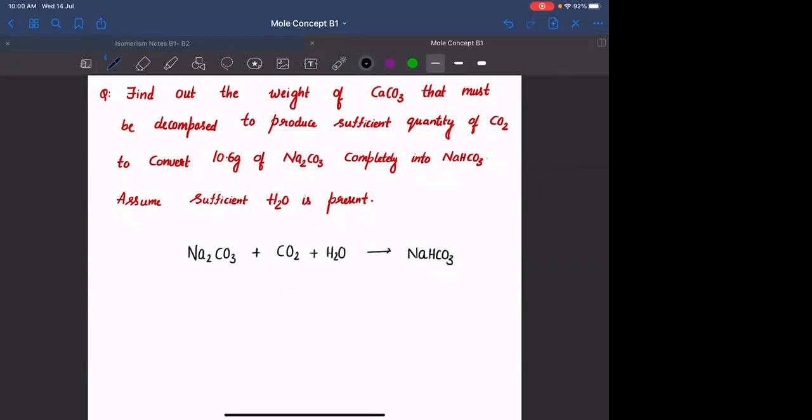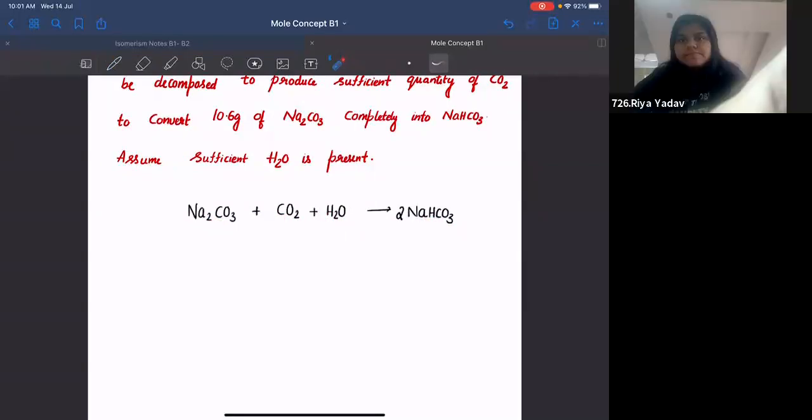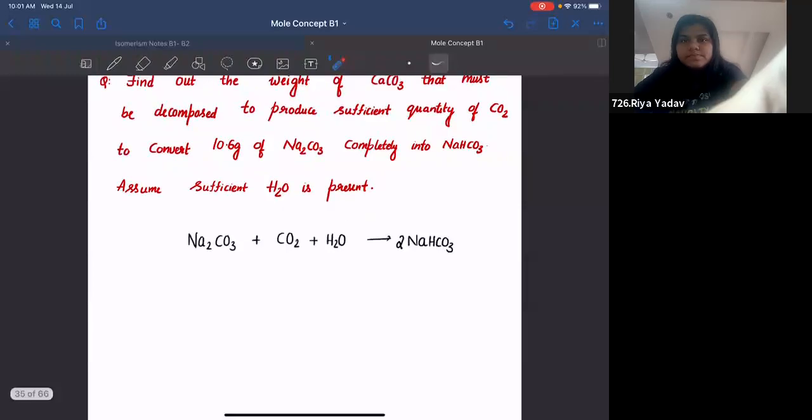This is the reaction. Na2CO3 plus CO2 plus H2O gives rise to NaHCO3. We need to balance this. So if I multiply this by 2, NaHCO3. एक बार देखते हैं. सोडियम you have 2, यहाँ पे भी 2 है. ऑक्सीजन आपको यहाँ पे 6 है, यहाँ पे भी आपको 6 है, 3 into 2. Hydrogens you have 2, you are having hydrogens 2. So the equation is balanced. कार्बन आपको 2 है, यहाँ पे भी कार्बन 2 है. The equation is balanced.